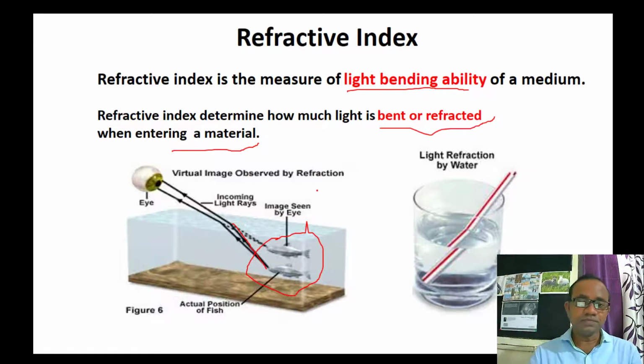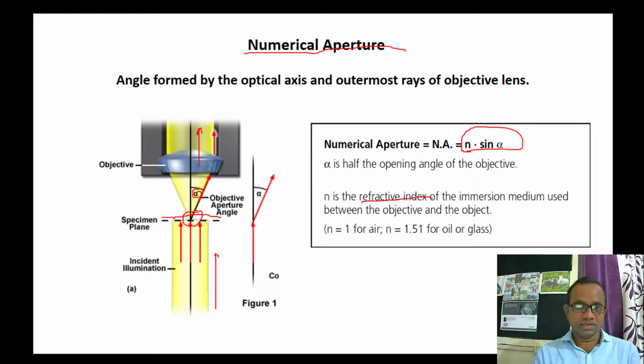So in this case, where the object is placed, the object is mixed sometimes with water or with oil. So this water and oil produce the refractive index, because the rays coming from here will fall on the object, and this object which is mixed in the water or the oil actually refracts or diffracts the light. Some light rays will go out of the plane, that means they will not come into the objective, and some light will enter inside the objective.